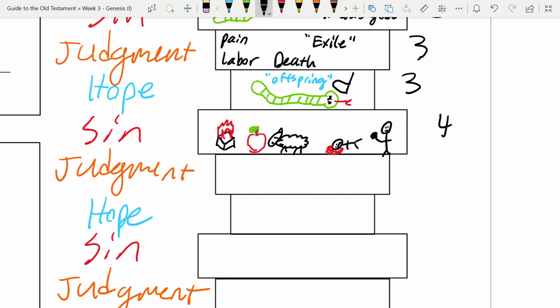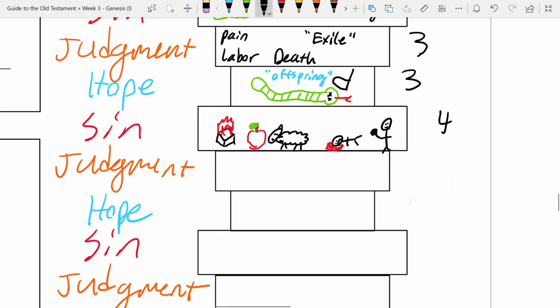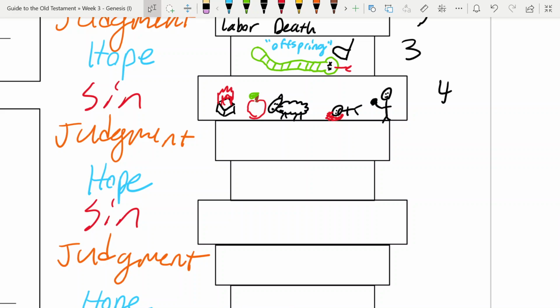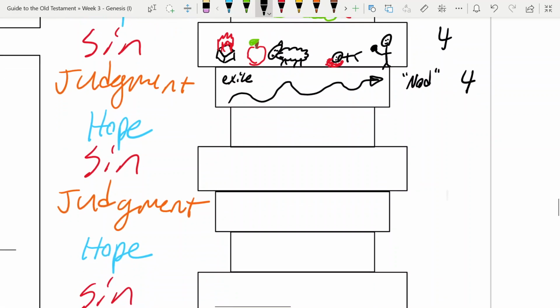So this is a major sin, and the judgment is actually very similar to what happened to Adam and Eve. Adam and Eve were kicked out of the garden to the east, yeah, that's right. And Cain has to wander even farther east. So Cain is exiled, and he becomes a wanderer on the earth. In fact, it says he went to live in the land of Nod, which means wandering. So this is also the end of chapter 4.